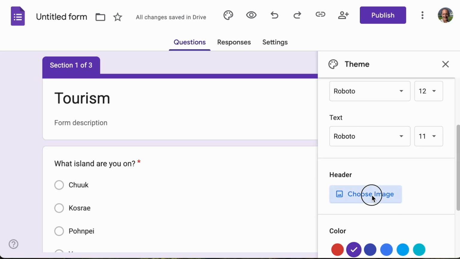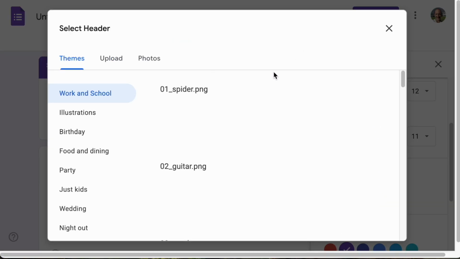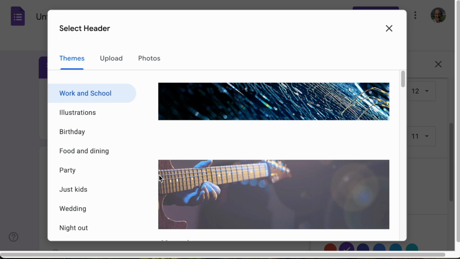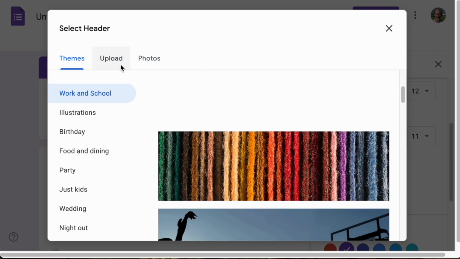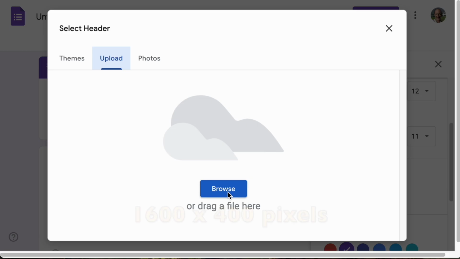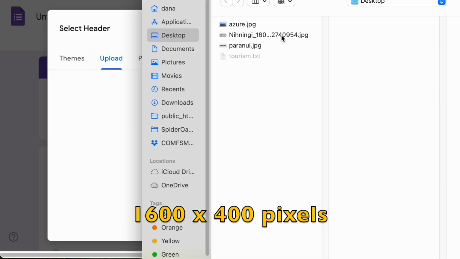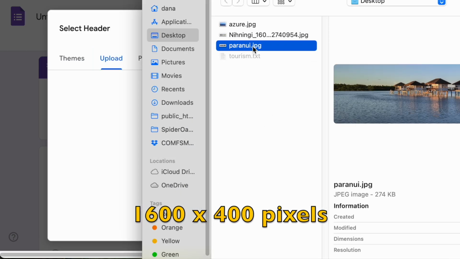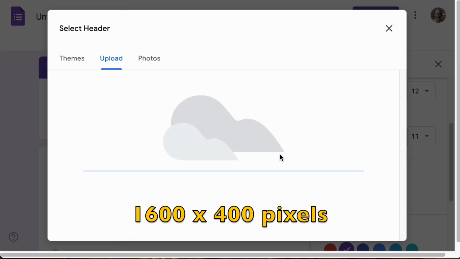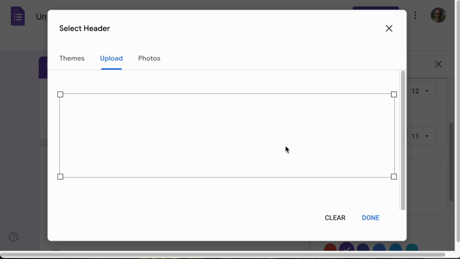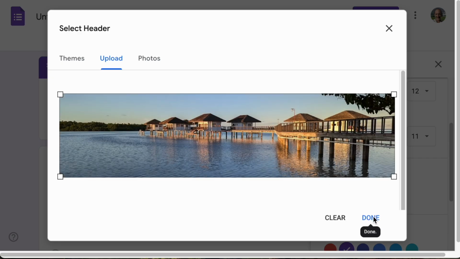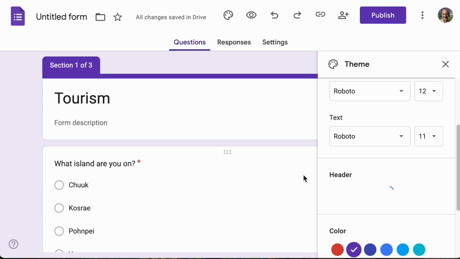I'll scroll down. I like to use custom images. Now, they have a lot of images here that you can pick and freely use, but I tend to upload my own. These typically have to be 1600 by 400. So I'm just uploading a header. I've got a photo I can use that'll be appropriate to it. And once the photo loads,